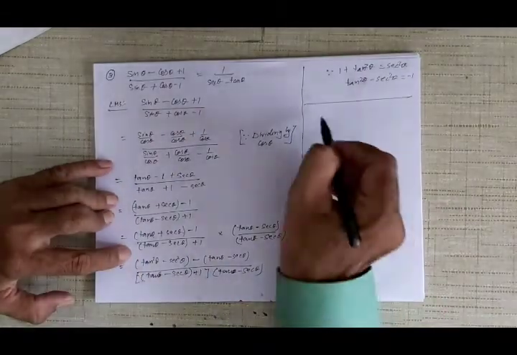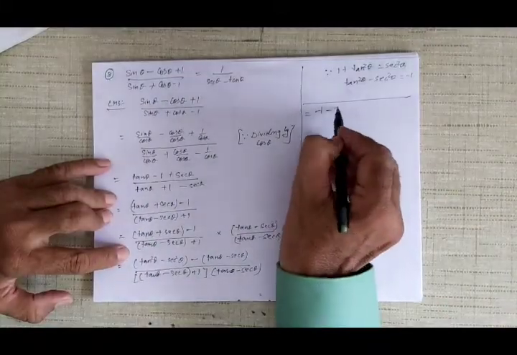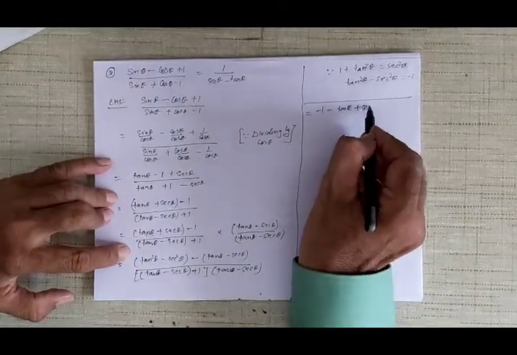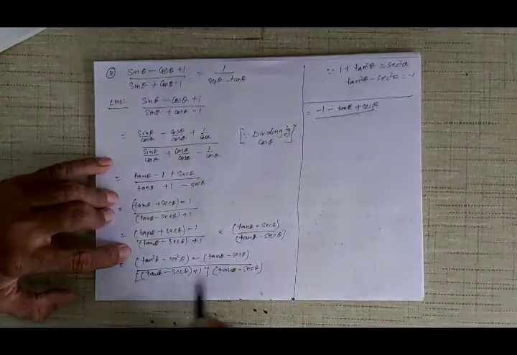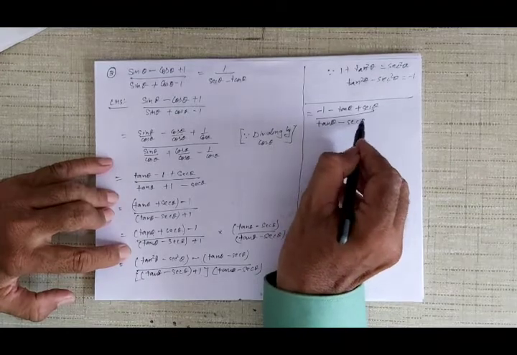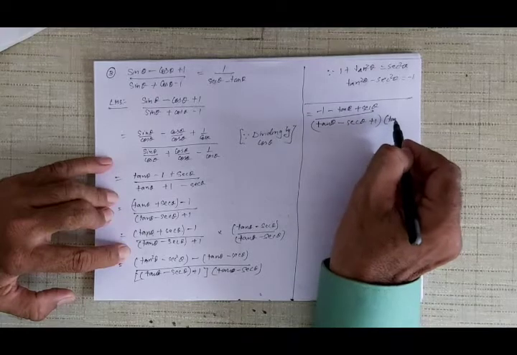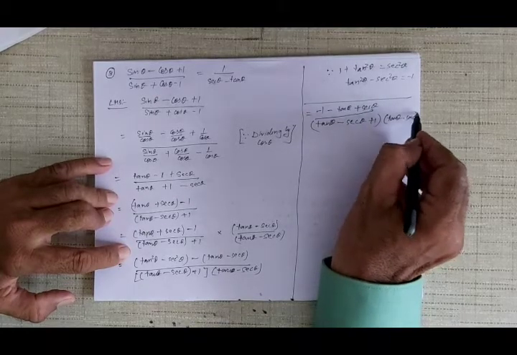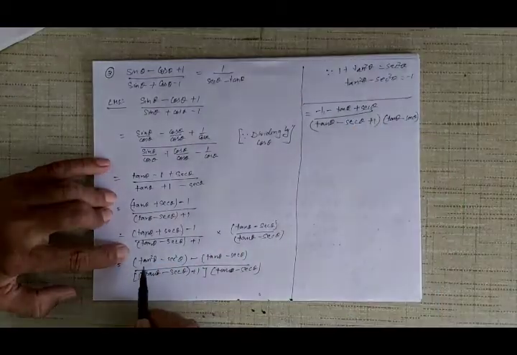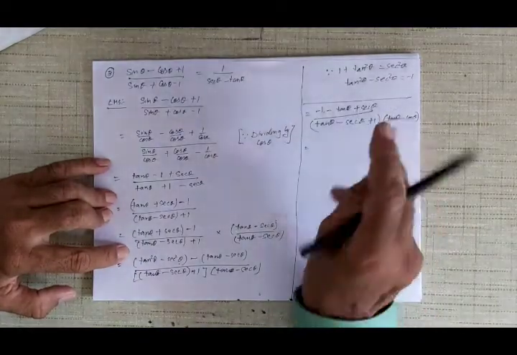So in this case I can write minus 1, minus, open the bracket, minus tan theta, and minus sec will become plus sec theta. Keep the denominator as it is. Okay, tan theta minus sec theta plus 1, and the other bracket tan theta minus sec theta. This I have not changed, but I have simply put minus 1 in place of tan square theta minus sec square theta. Alright, now in the denominator I have kept it same.